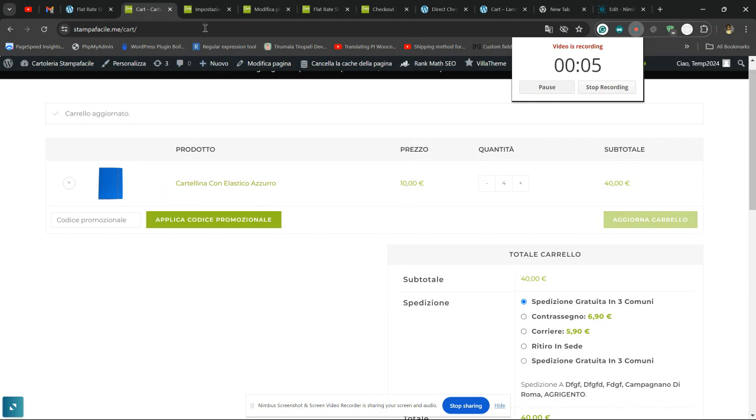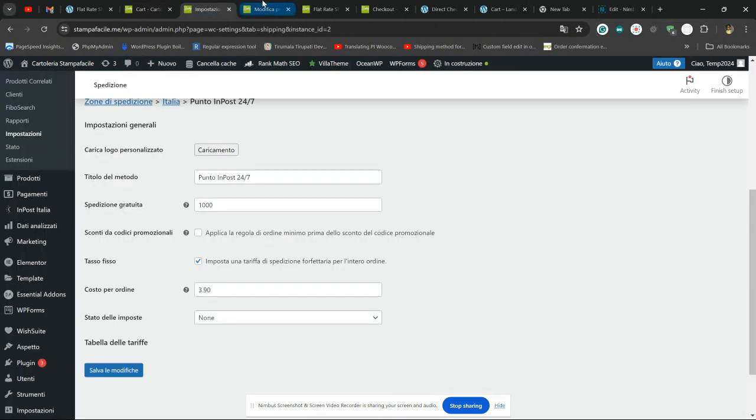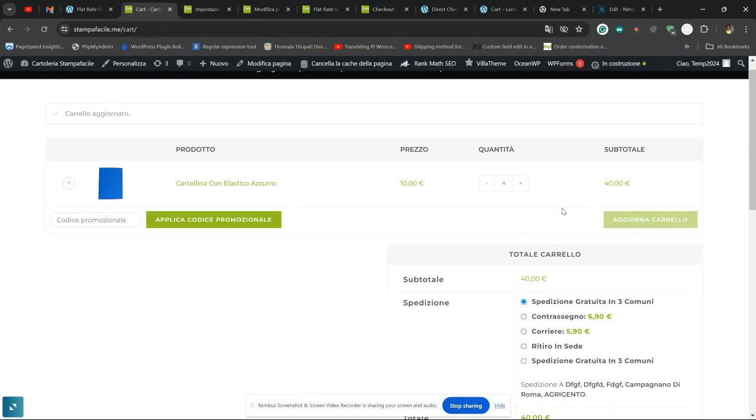Hi. We have made some changes in the settings of the InPost plugin to find out the issue. You can see we have set the minimum amount for free shipping for the InPost plugin to be 1000 euros. We have saved it. It is already saved, so we can go ahead. And you can see over here,